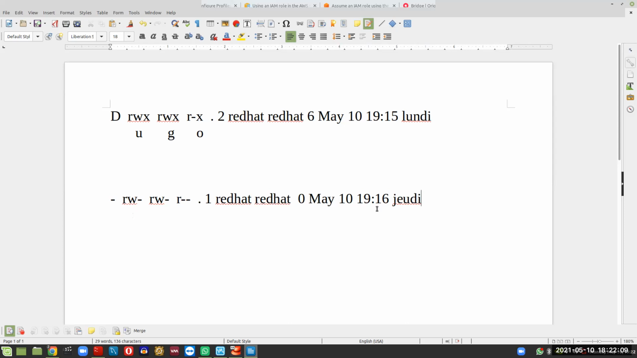The first three represent the user, the second three represent the group, and the third represent anybody who can be logged on to the account. So that all represents the user, group, and other. And the user here is Red Hat, the group here is Red Hat, and other is anyone who can have access to the computer. So as a convention, the R means